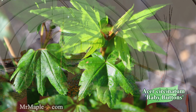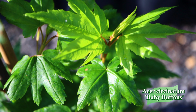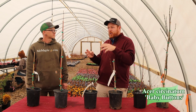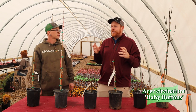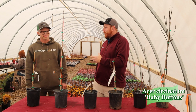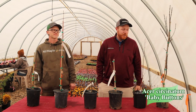Nice. Because part of me wonders if the witch's broom mutation, the genetics, is in the plant of the mother tree, and then you get something that happens to it like solar radiation or something else that then can cause it to witch's broom. And I wonder if you grafted the mother tree, if then it would witch's broom again later, and you'd have another witch's broom that would be very comparable to W.B. Hoyt. So that was something crazy that we tried,